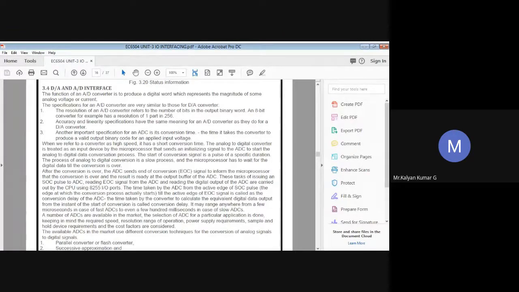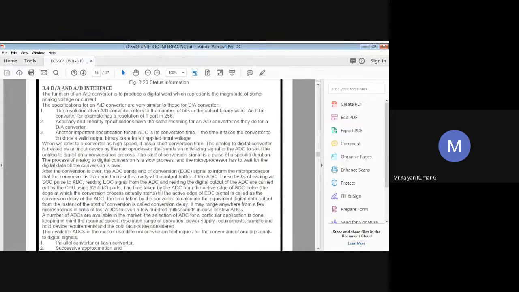Very simple reason. So we all know what type of signals your microprocessor will accept. Yeah, digital signals. Okay, fine. So we all know that your microprocessor will work only on digital signals. But practically, there are many applications where inputs will not be digital. So it may be analog.